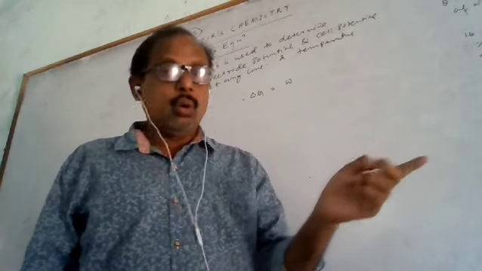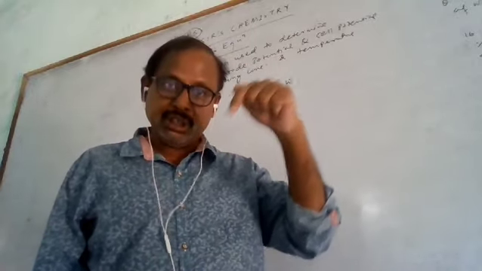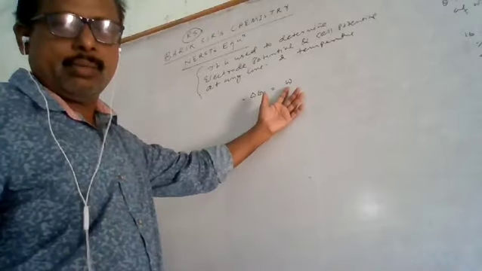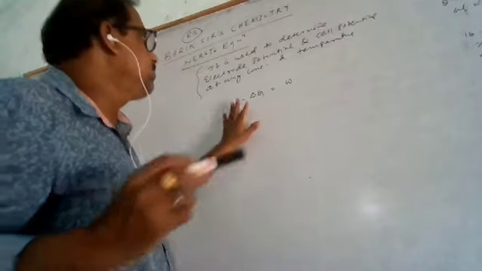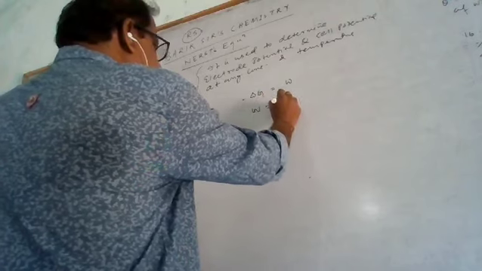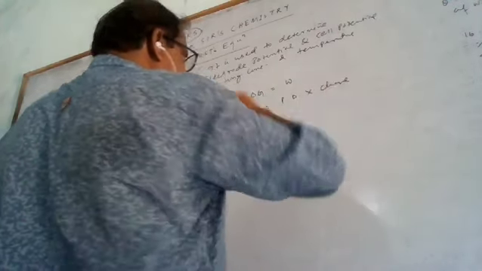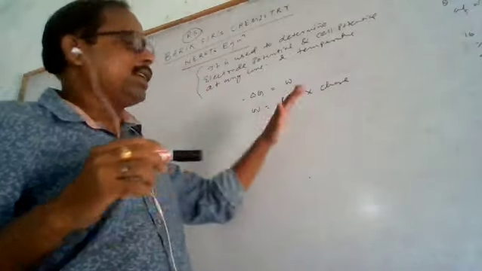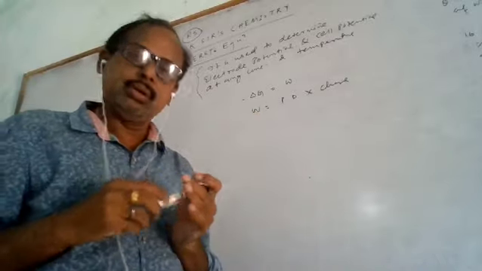So that means when the system does some work, its energy decreases. The amount of energy that decreases is called the free energy. So when the system does some work, the amount of energy decreases; that is called the free energy change. Again, the electrical work is equal to the potential difference times the charge. This is the physics part. So the electrical work is equal to potential difference times the charge.